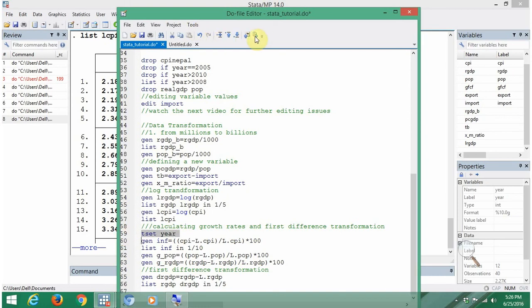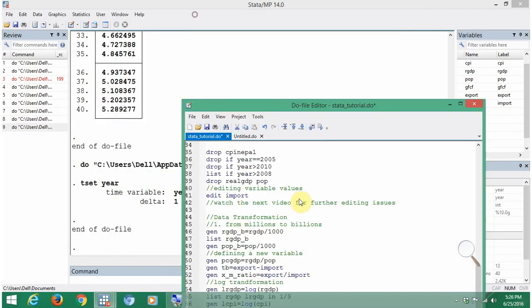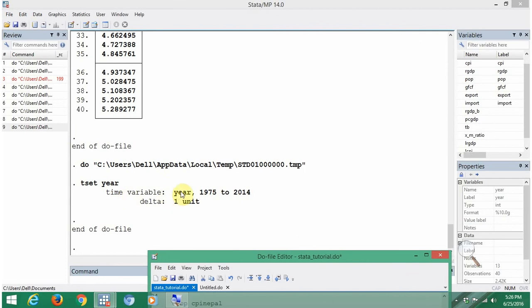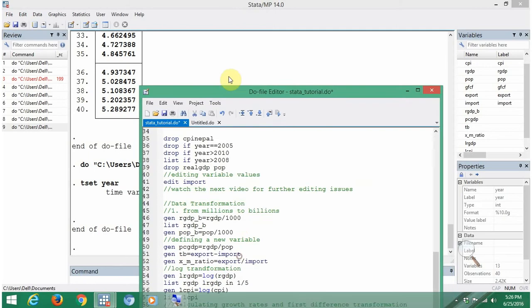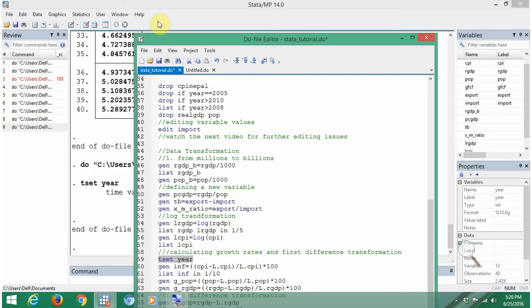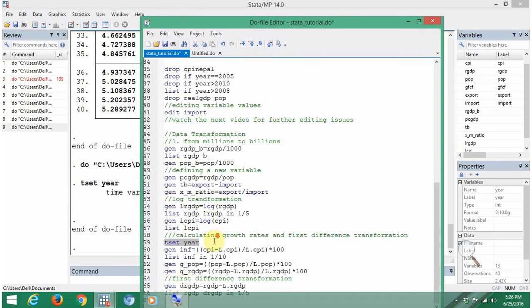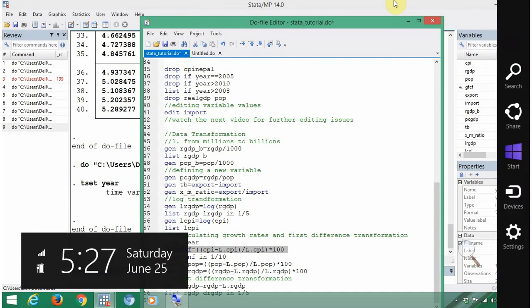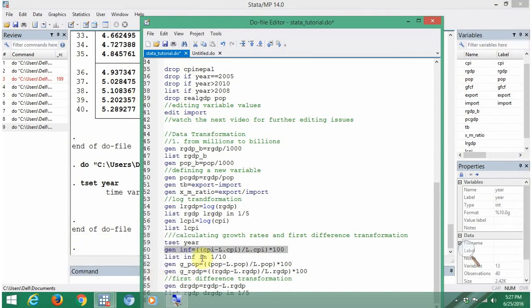If we run this command, the result window says that the time variable is year, 1975 to 2014, and the difference between time periods is 1 unit. So now we can calculate the growth rates of variables over time. For example, the growth rate of CPI is called inflation. Generate inflation calculates the new variable called INF. So this is simply defined by current year CPI minus previous year CPI,